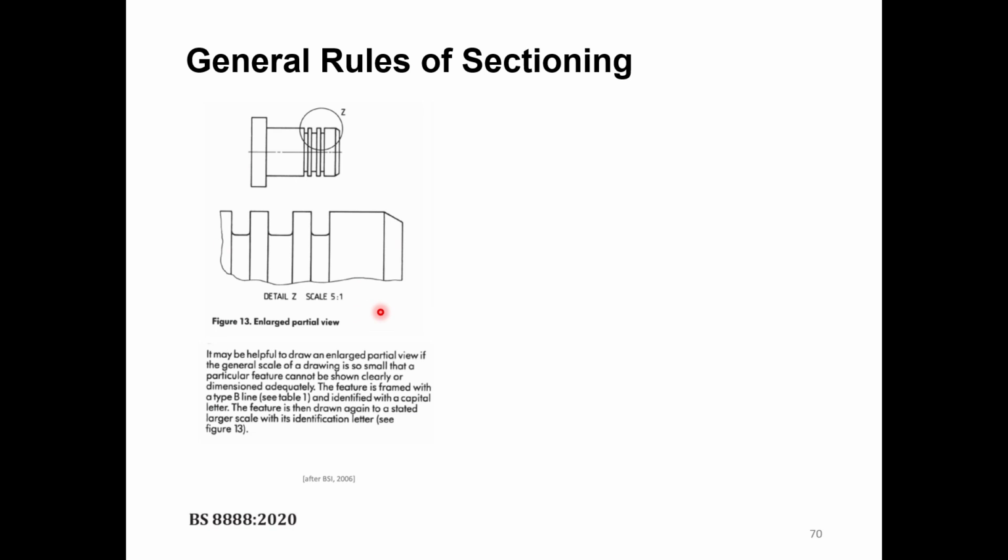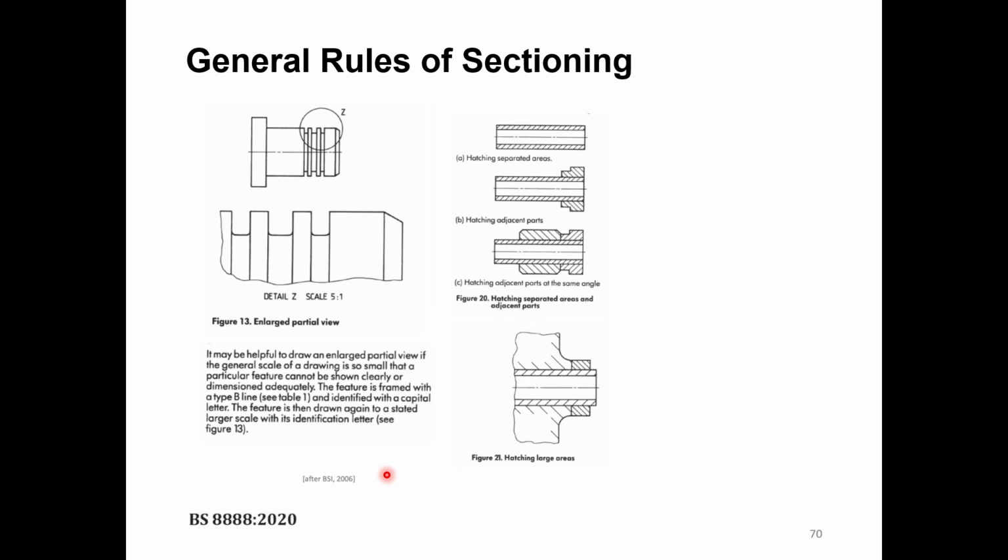In SolidWorks and Fusion 360, this is done simply: you just define the area and define the scale, and it will do this for you. So for hatching, there are some rules for hatching or for sectioning. You see here these 3 different